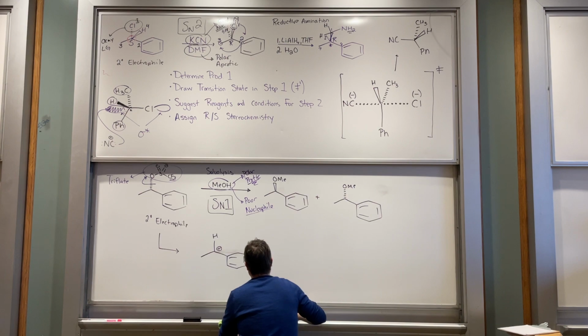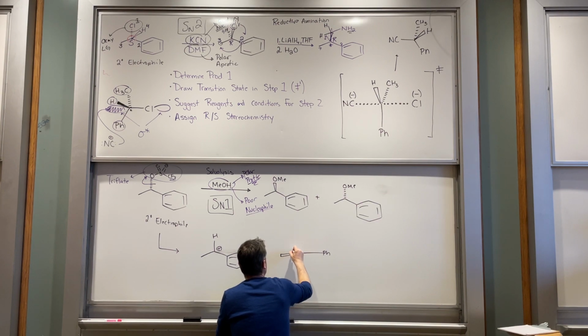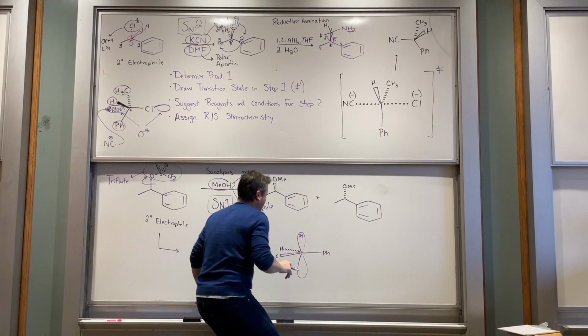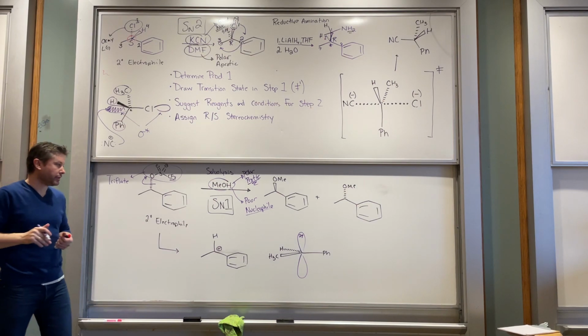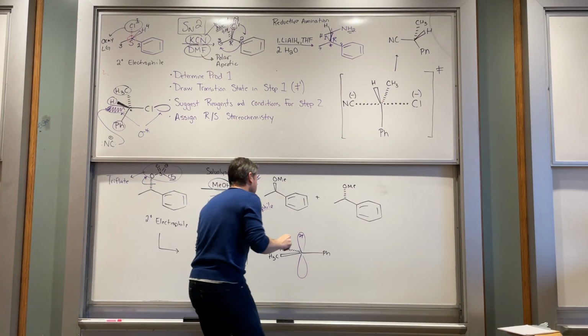This is a trigonal planar center, and that positive charge is reflected by an empty 2p orbital on carbon. So when the nucleophile, methanol, adds,